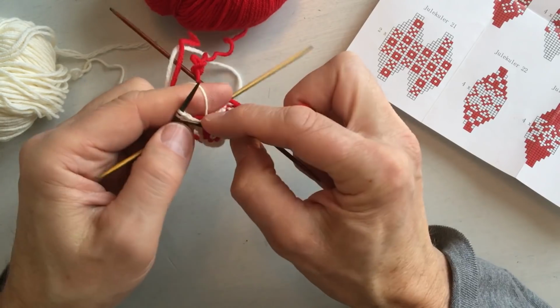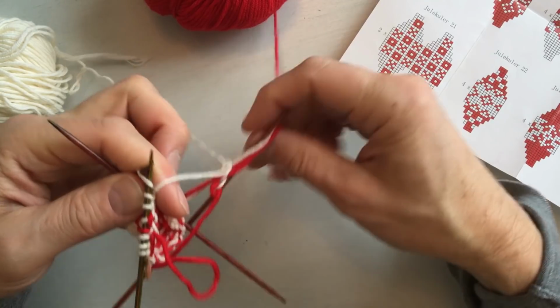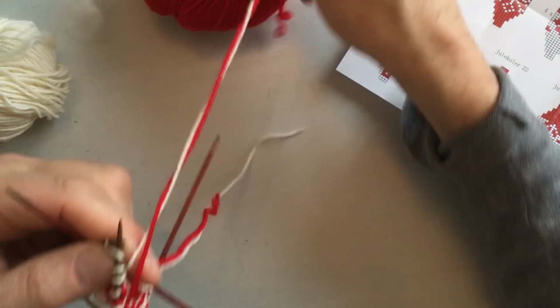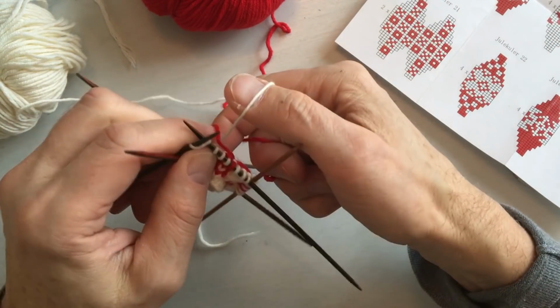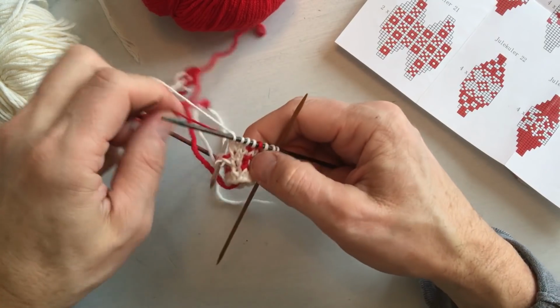And talking about buttons, we did some really nice Christmas decorations from all our old buttons because we can't throw them away. So we made these ornaments, like the Victorian ornaments, where you put a lot of...